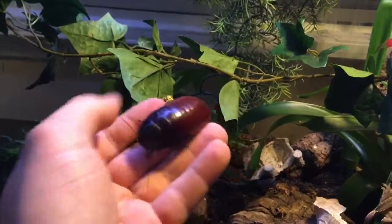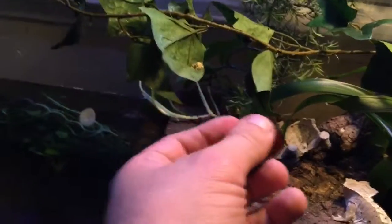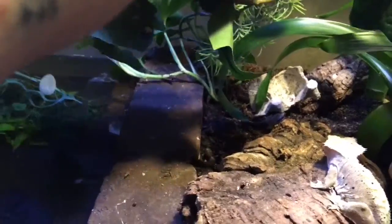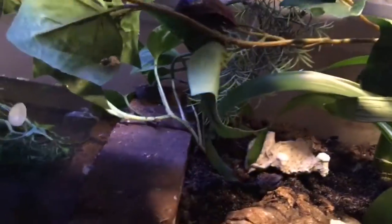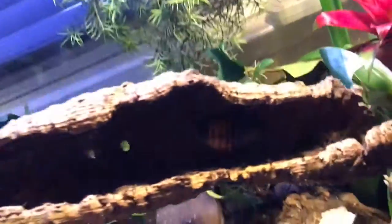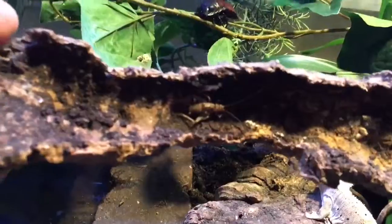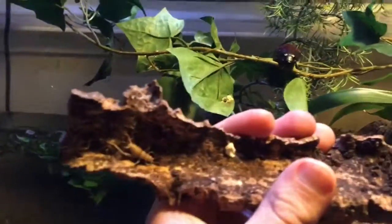Then we've got my main girl, Butters, right here. She's looking very well. Looking nice. I did get a male, if you saw my video from yesterday. So hopefully he breeds with her. He is right there. Not gonna bug him too much, just because he's still new, he's settling in, so I don't want to stress him out or anything. Got some crickets, some poop,